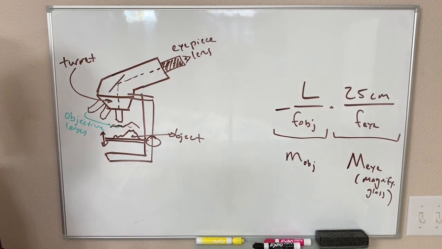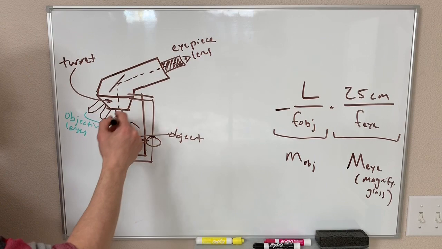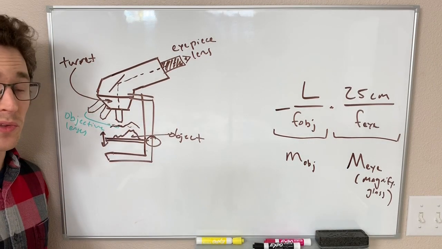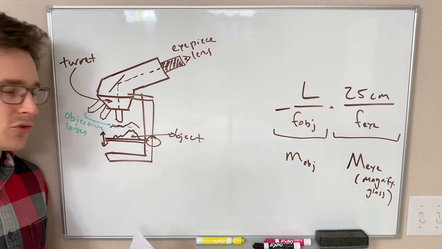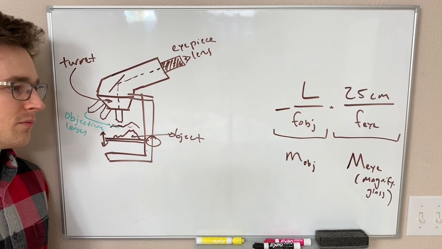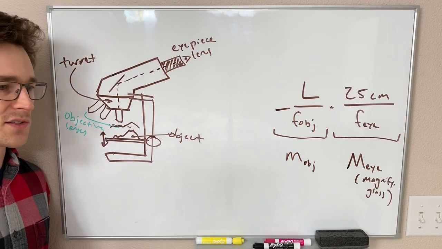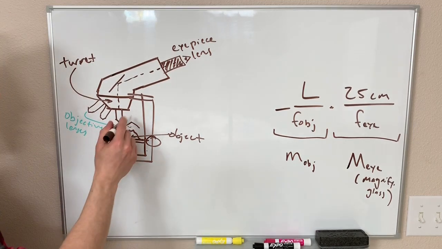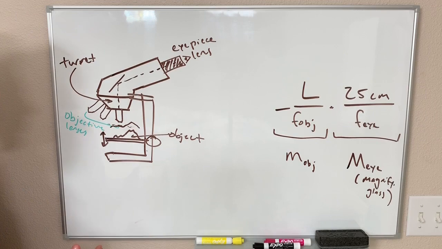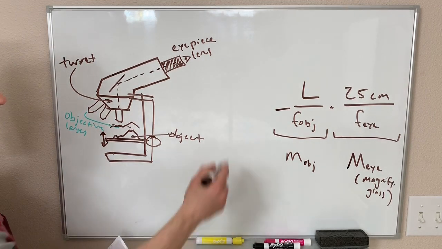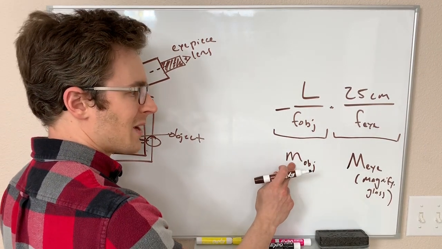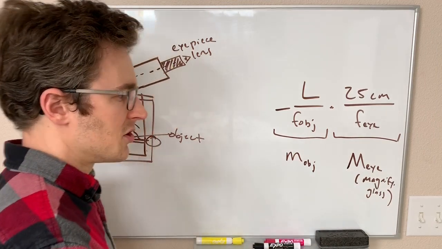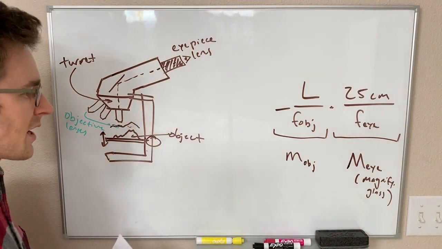Of course, real microscopes are going to have eyepiece lenses and objective lenses that are not just simple thin lenses. They might each themselves be combinations of 2 or 5 different actual glass lenses, each of them doing a slightly different thing, but working in combination to give us something like the thin lens model that we saw. Lastly, and I left this equation up here for a reason, our magnification depends on the objective magnification and the eyepiece magnification. And when you use an actual microscope,